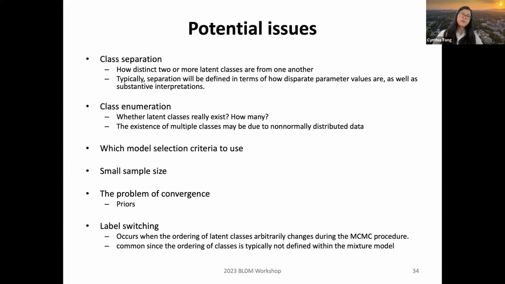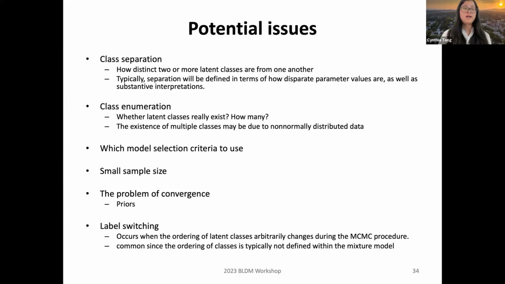When the model doesn't converge, we can try to use informative priors, and informative priors in the Bayesian framework showed very promising results in terms of solving the convergence issue. Based on one of my previous simulation studies, I was actually surprised that if non-informative priors were used for very simple growth mixture models, the convergence rate could be very low, like lower than 15%. But when informative priors were used, the convergence rate improved dramatically.